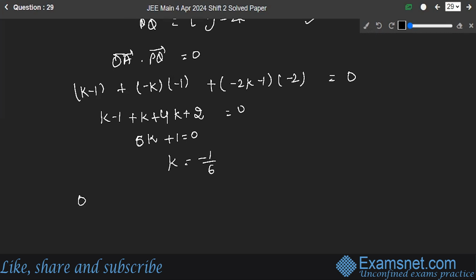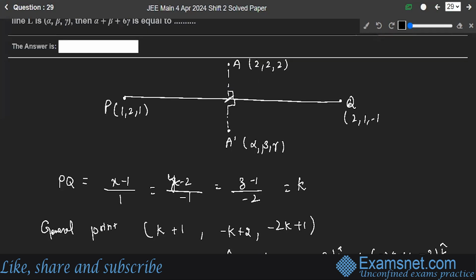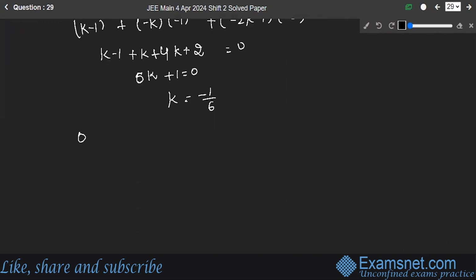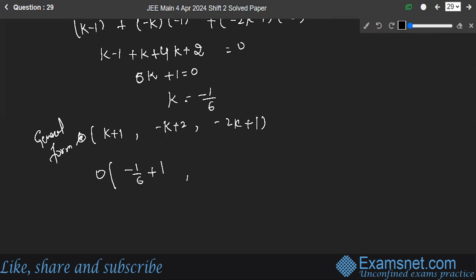So the point O, the general form was k plus 1, minus k plus 2, minus 2k plus 1. Now O will be given by minus 1 by 6 plus 1, and minus 1 by 6 plus 2, and minus 2 into minus 1 by 6 plus 1. This gives me O as 5 by 6,